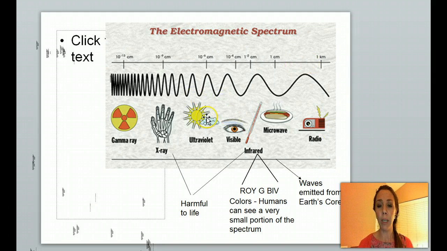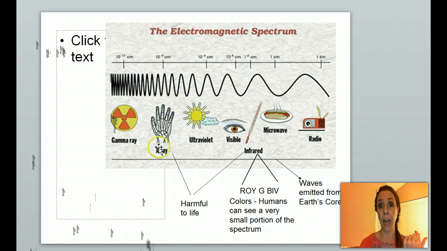Anything on this side with increased energy is harmful to life, meaning ultraviolet's wavelengths are so short, they're able to penetrate our skin, go into our DNA, cause skin cancer, cause us to sunburn, things like that. X-ray waves are so small that they go all the way through our skin and they reflect off our bones, but they're able to penetrate all the way through those other soft tissues, right? And gamma rays are actually used for things like cancer treatments. They're very harmful in large amounts.